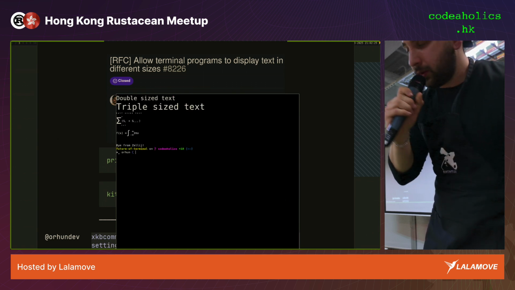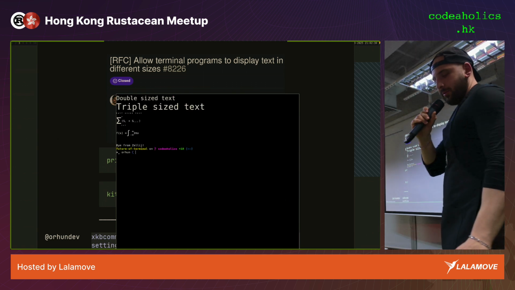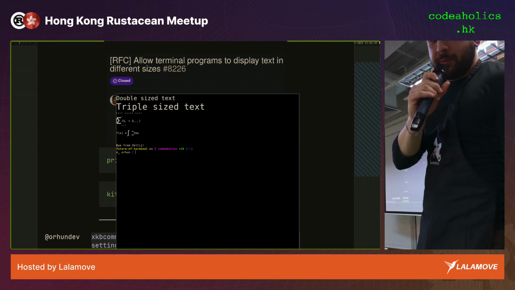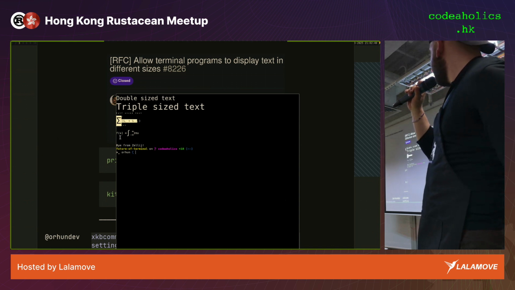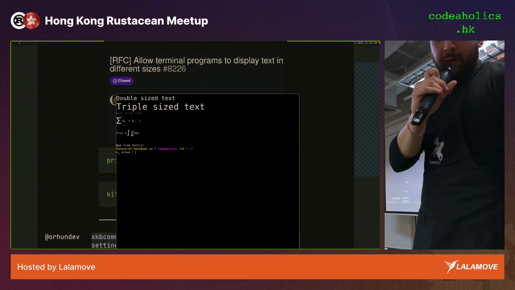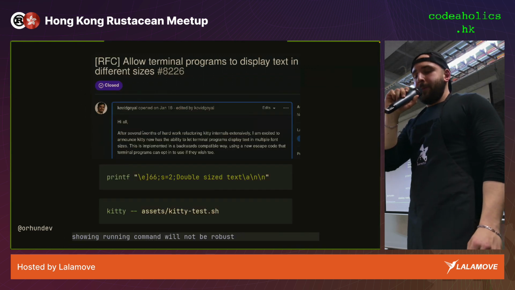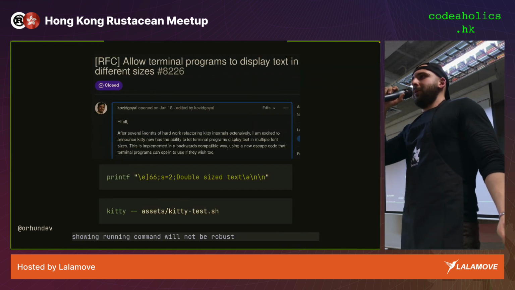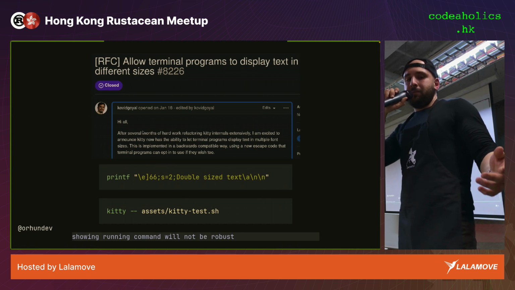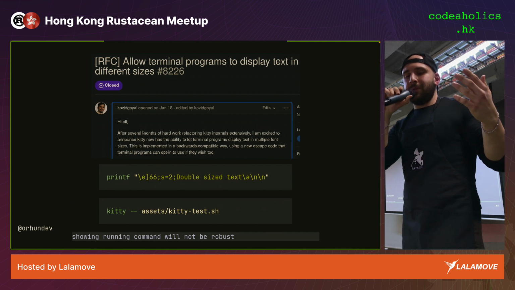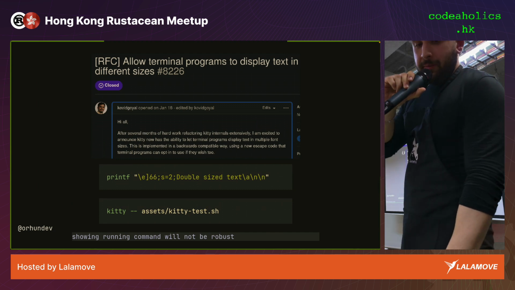Exit. Okay, so these are now supported. You can have different sizes of text, and this makes the visualization of these mathematical operations easier. A lot of these things happen in the terminal space, and usually you don't know about them because you're not following them, or there isn't a central place for discussion. I realized, so I created